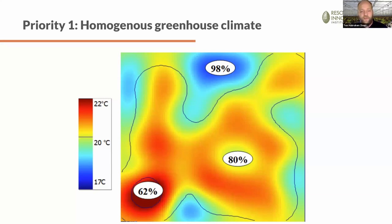So the temperature might not be the biggest problem. It's most of the time the humidity resulting from it, which gives you problems in plant quality. And yeah, these temperature differences, in almost all greenhouses there are some temperature differences, but we want to keep them as small as possible. So if we go to the next slide,